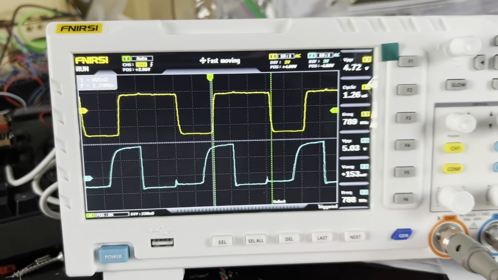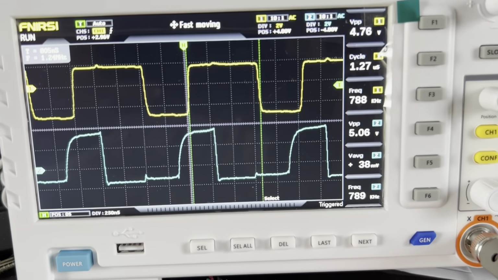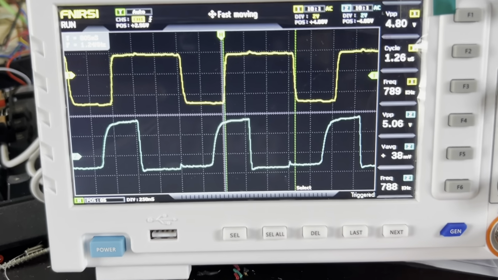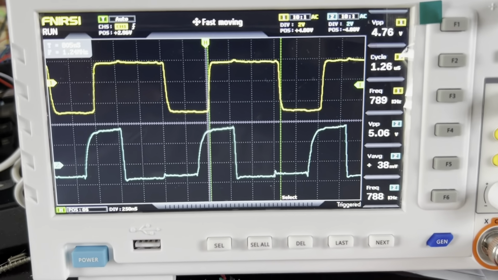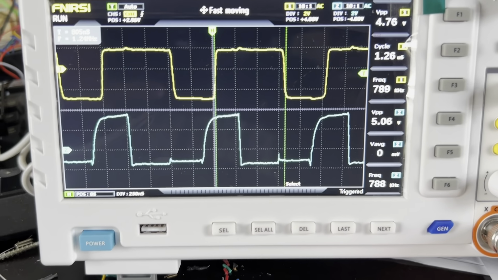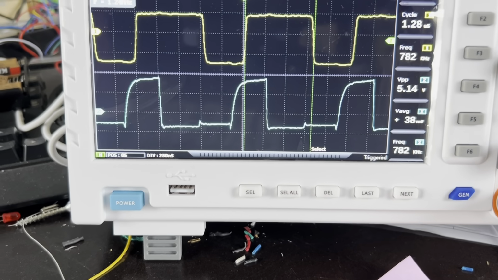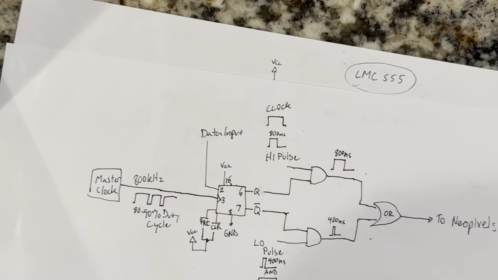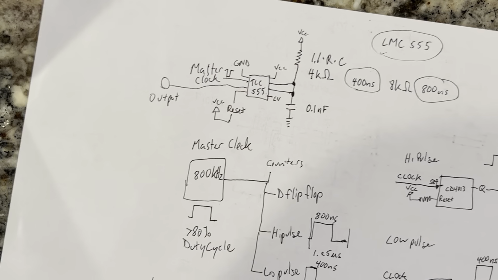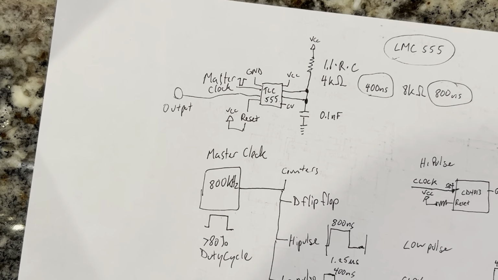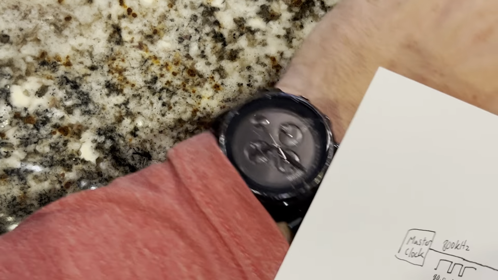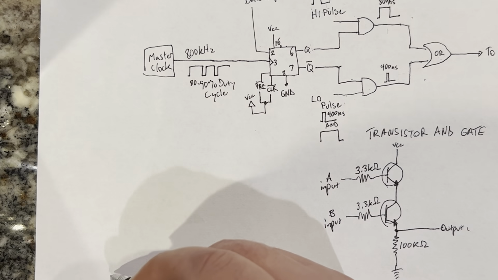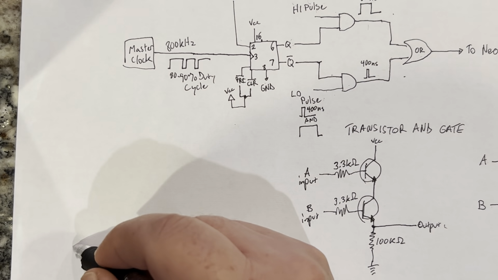There we go. And now we have a high pulse and a low pulse that start around the same time. And the high pulse is exactly what we want it to be, and the low pulse is exactly what we want it to be. And so the final circuit, basically, for this was, and I'll draw it out here,